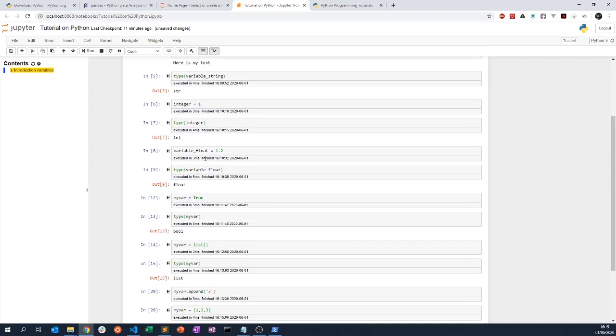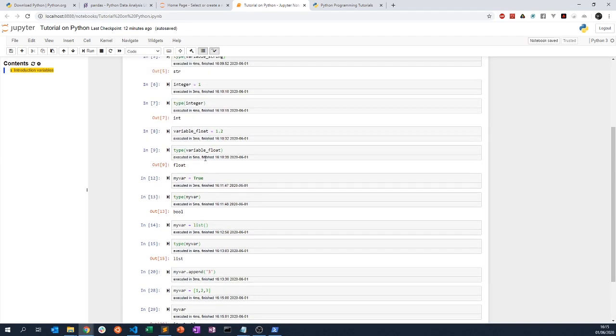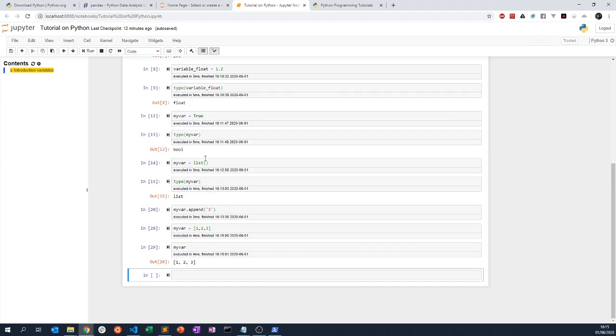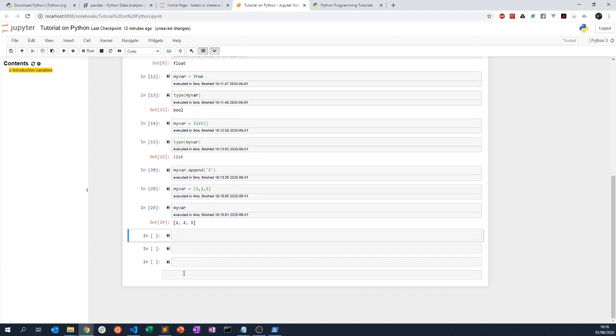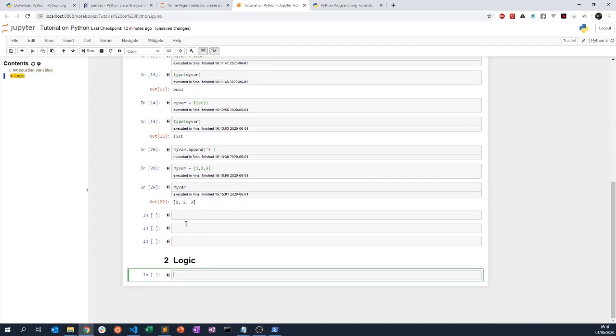So these are the very basics that we are going to use in the different Python tutorials. Obviously, there is a lot more to know about variables than what I explained, but I think this already gives you an overview of what Python and variables are. The next thing I want to show you is the different logic that we can have. Oh, and actually, I'm sorry, but I forgot to give you the dictionary. So before I show you the logic of Python,